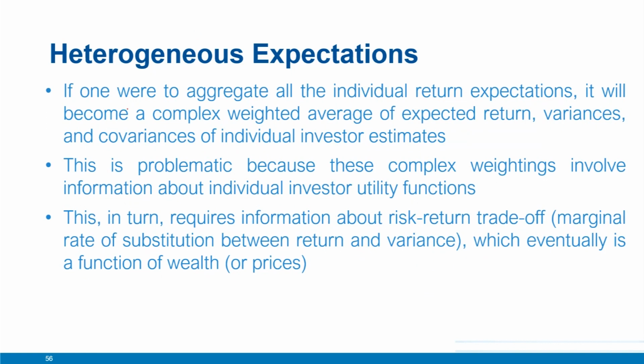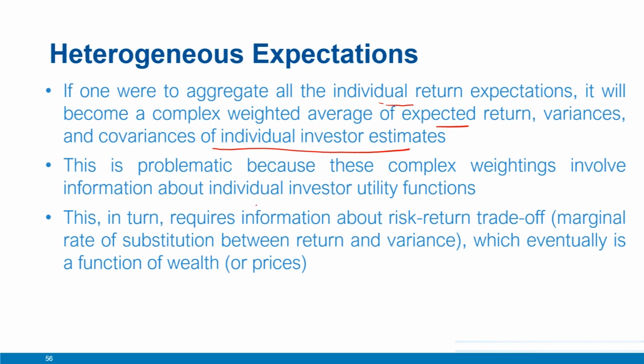Now, if one were to aggregate all these individual expectations, return expectations, and risk-return trade-offs and distributions, then it will become a complex weighted average of expected return. So if you combine individual return expectations and distributions of return, then the resulting function will be some kind of complex weighted average mean of expected return, variances, and covariances across all the individual investor estimates. Now this is problematic because these complex weightings involve